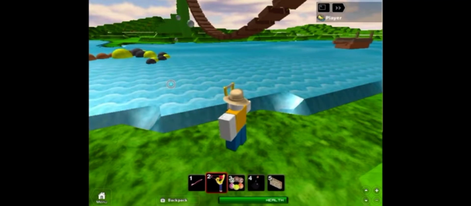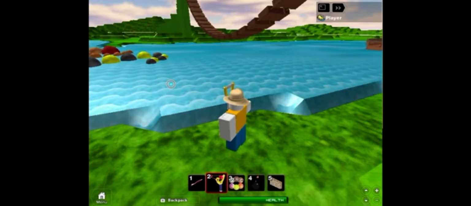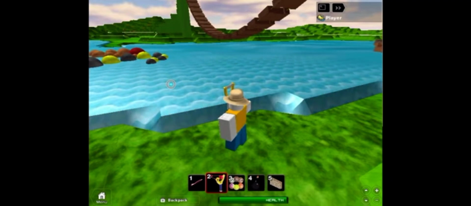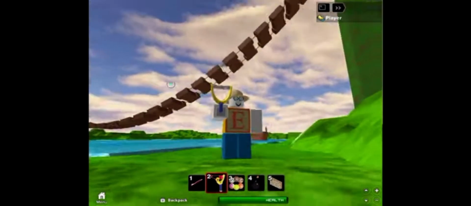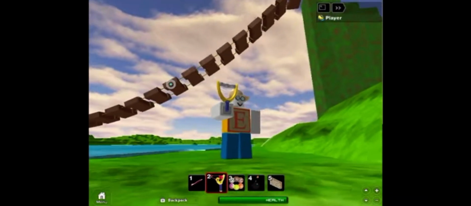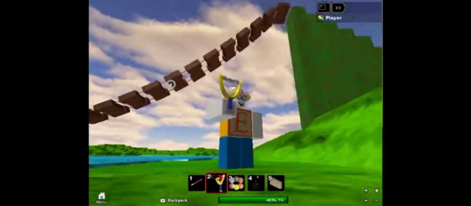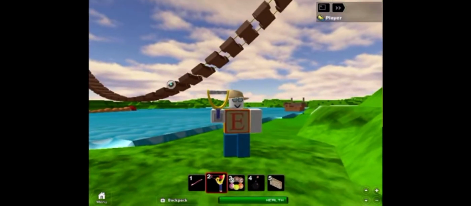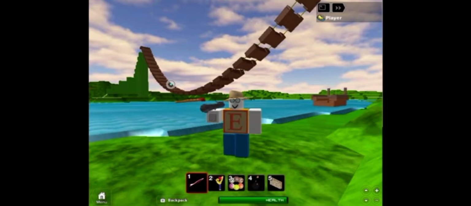There they are. Anything you put in water is either going to float or sink, but it's not going to just pass through the water. It's going to actually interact with it. Speaking of interaction, here is a beautiful bridge that I put together. It's basically a rope suspension bridge, and it's floating over the water, or I should say hanging over the water. However, if I take my trusty rocket launcher and shoot at this bridge, you'll see